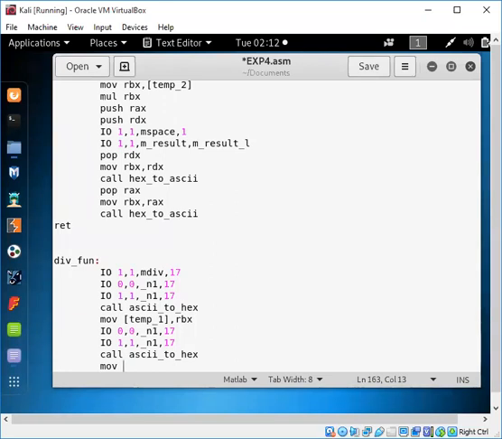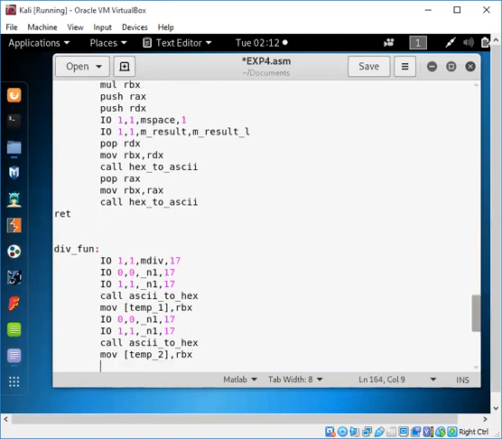Again we'll perform the same as the multiplication which we have done, right? Because here also we'll have the instruction div with one parameter, right? So we'll take the second variable, that is in rbx, by putting it into a temporary variable.